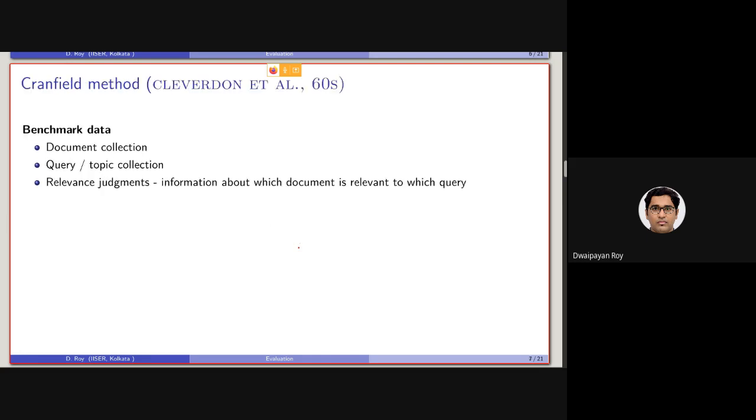So in order to do research in information retrieval, a person named Cyril Cleverdon in the early 60s made a very nice framework that is called the Cranfield Model. In the Cranfield Model, the benchmark data that we will be given basically consists of three parts. Number one, the document collection, that contains